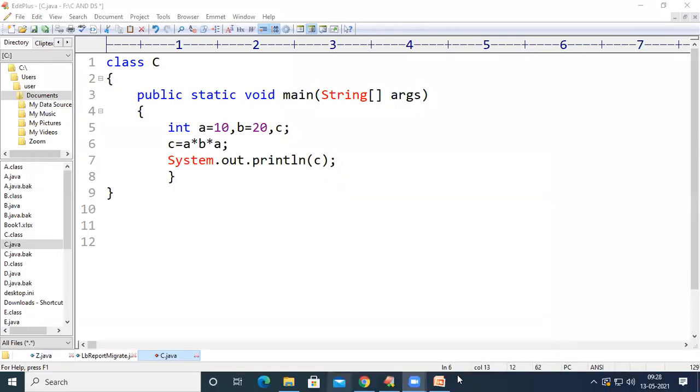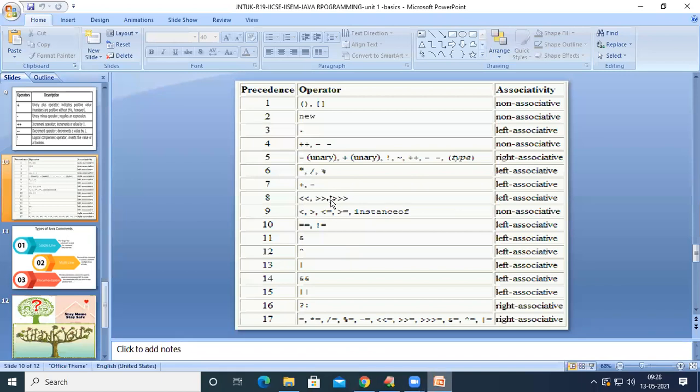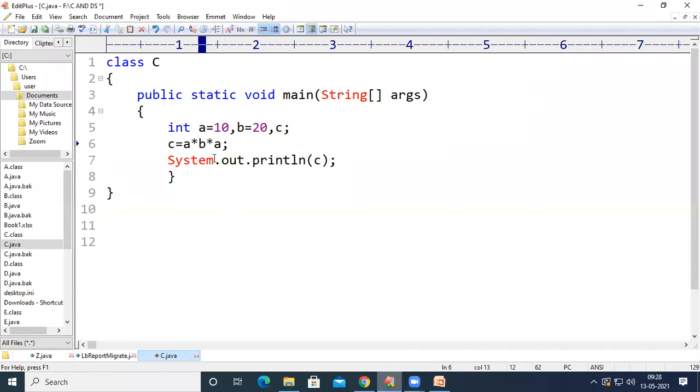See, next one. Among all the operators, these braces have the highest precedence. So whatever it may be, A minus B, the output of this code is minus 190. We have shown this because star has higher importance than minus.